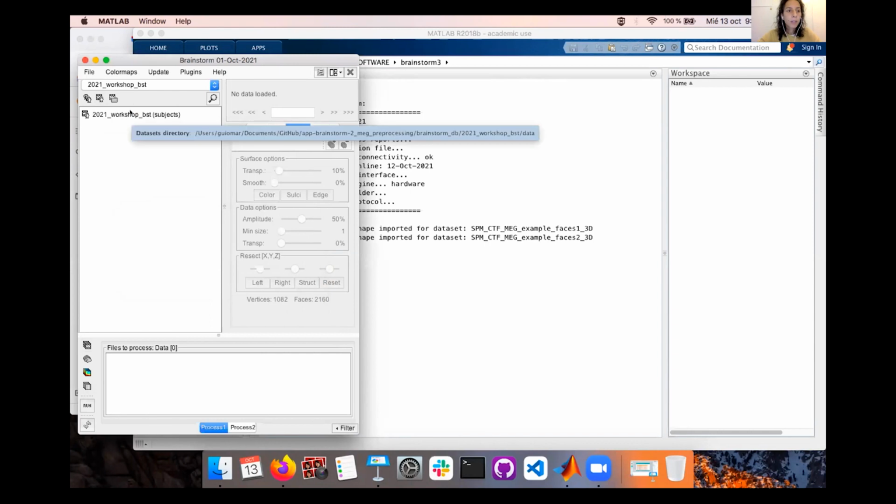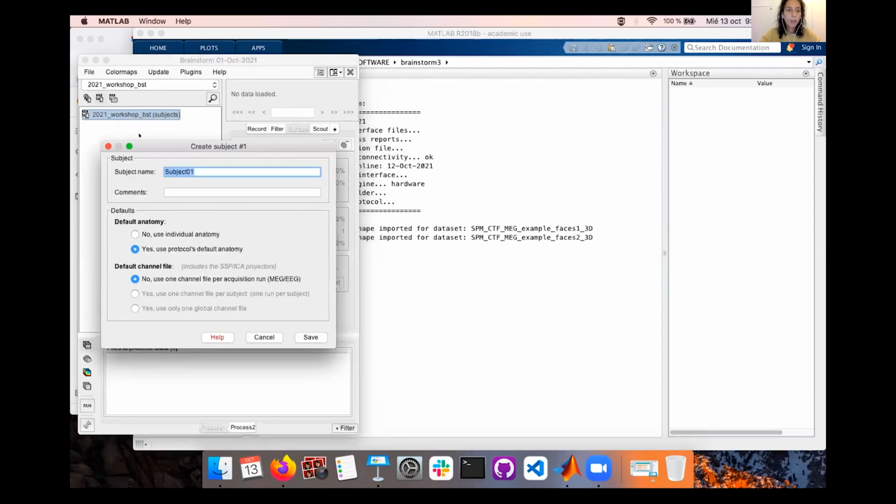This is the new protocol. So as BIDS calls it, and then you would like to add a new subject. We can leave the name here because this is a non-BIDS dataset. Any non-BIDS dataset that is imported in Brainstorm can be exported into BIDS. So here we can leave a random subject name.